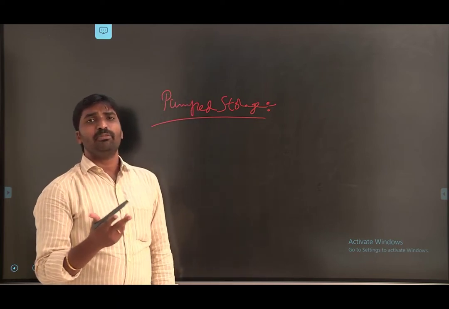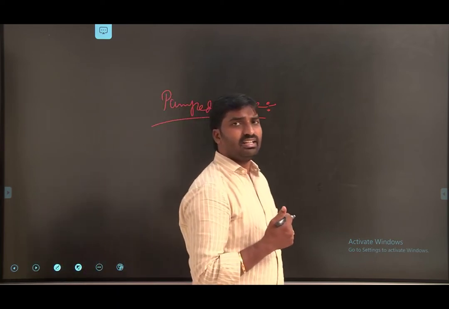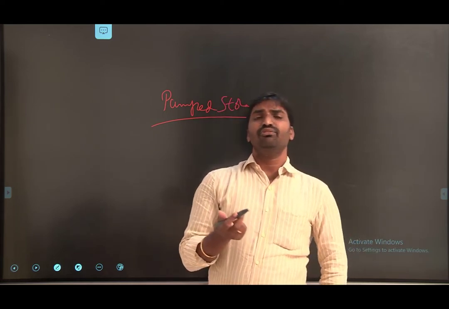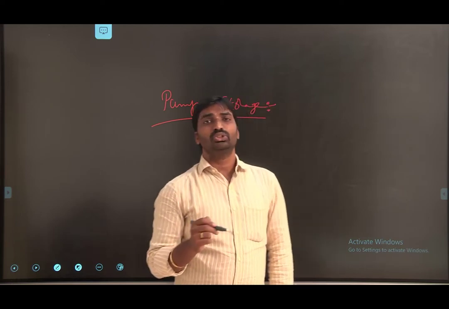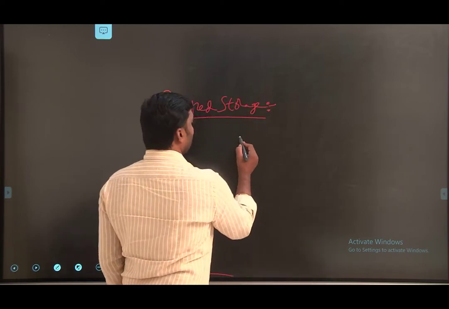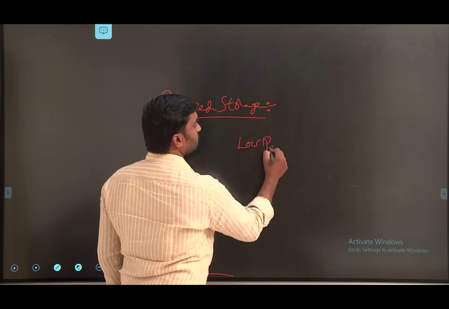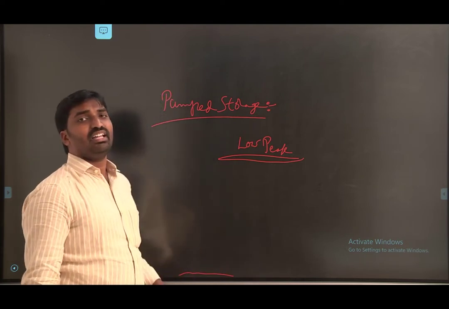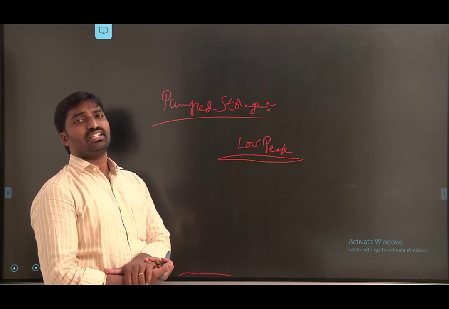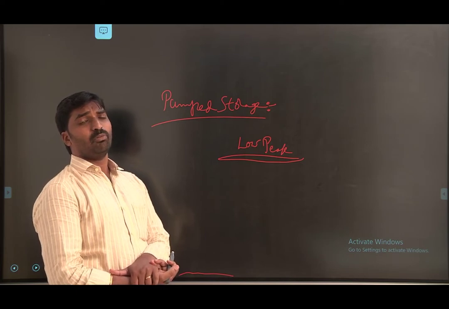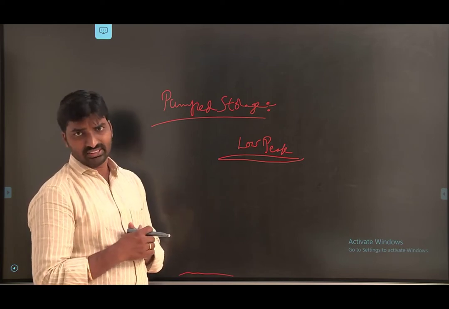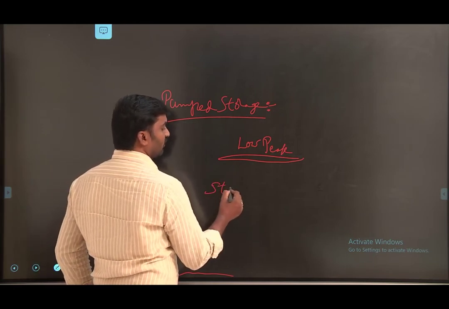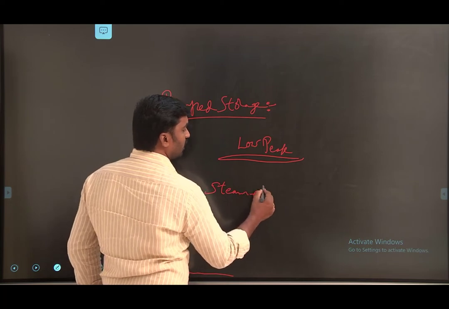Generally we establish steam power plants and nuclear power plants with a high operating capacity, or maximum load conditions. But in some cases we need a lower peak demand, which means we need a smaller amount of power. But if you run a power plant at a low peak, the efficiency is automatically reduced. That's why we always want to run a steam power plant or nuclear power plant at maximum load conditions. In that case, we use a combination of a steam power plant with a water power plant, or hydro power plant.